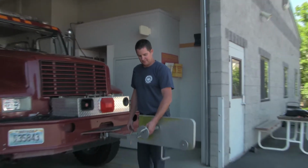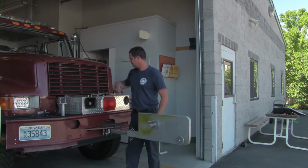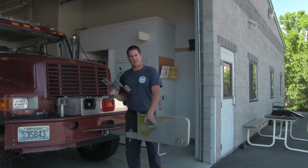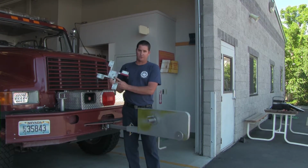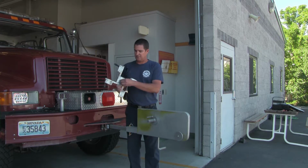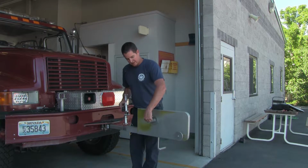Now we're going to show you guys how to set up the hose roller so that way we can roll our packs. We're going to start by taking the drum off, placing it off to the side. We're going to come over here and grab our spindle and attach it to the main body. You're going to notice on here that you're going to have this hole right here, which is going to go into the secondary pin, and we have this bolt with a handle on it that threads right in to the